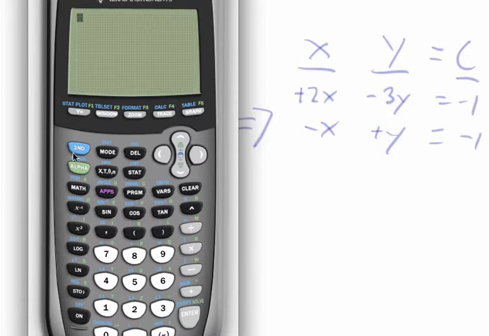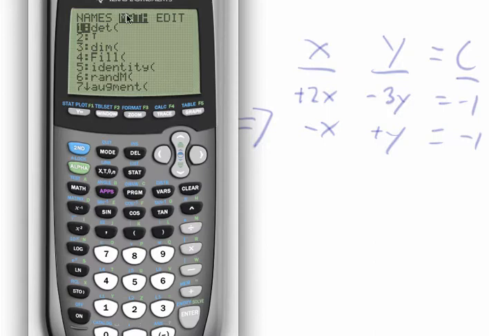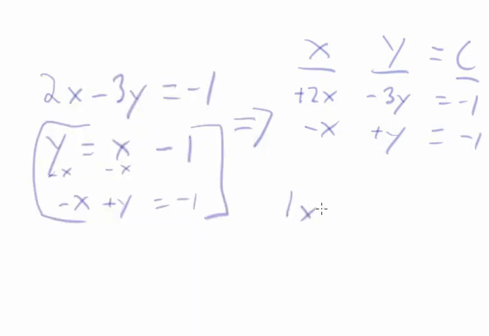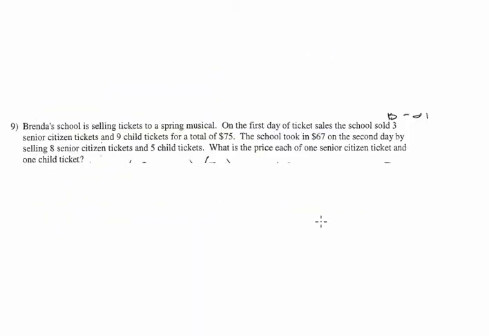I'm going to hit matrix again, and I'm going to do a math operation on it. So I'm going to go to my math menu, and I want to do RREF, which stands for Reduced Row Echelon Form. You don't need to know that, but now you do. Hit enter, and I have to go matrix one last time and put in my matrix. So I'm saying do a reduced row echelon form of matrix A, and there's my answer. It tells me that 1x equals 4,